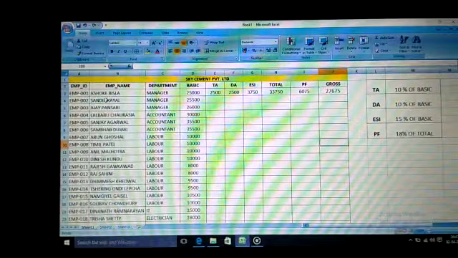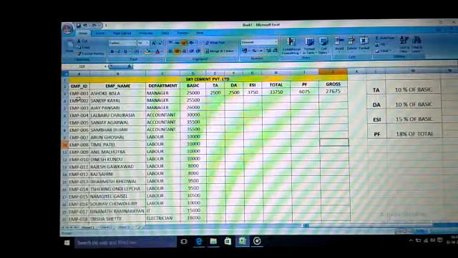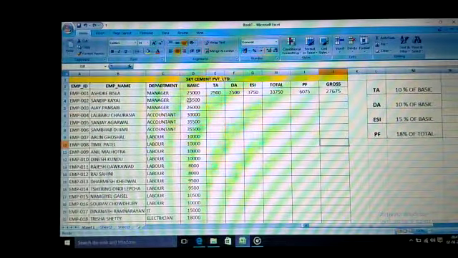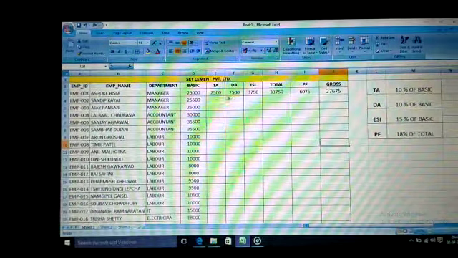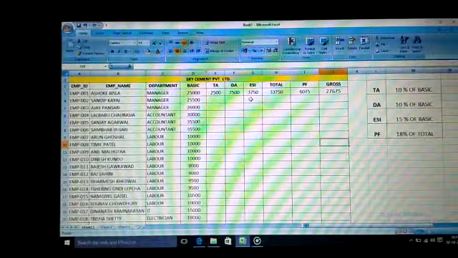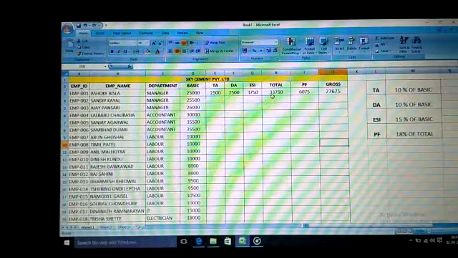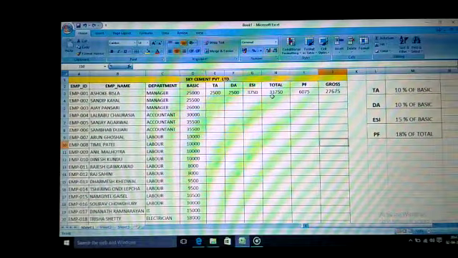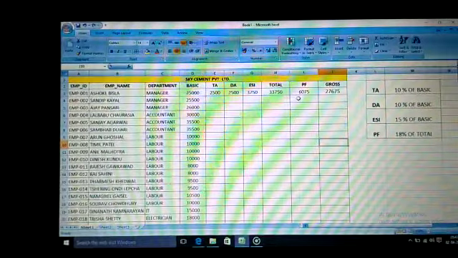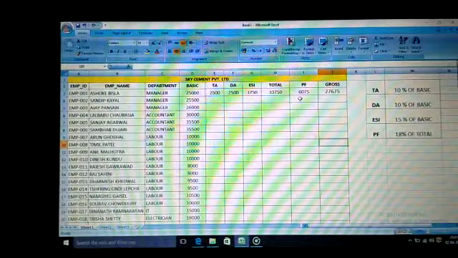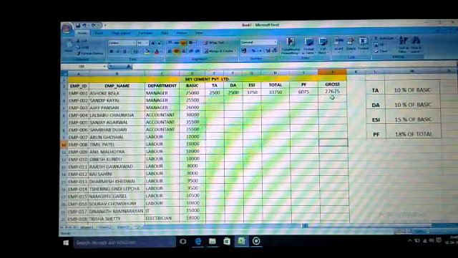Ashok Bisla is the name of the employee. EMP001 is his ID. His department is manager. His basic amount is 25,000. TA amount is 2,500. DA 2,500. ESI 3,750, and altogether we got the salary total 33,750, and the PF amount he got is 6,075 rupees, and his gross salary after deduction of the PF from the total